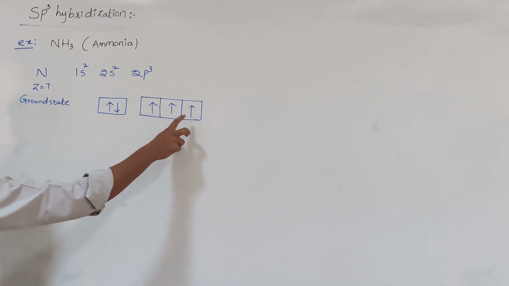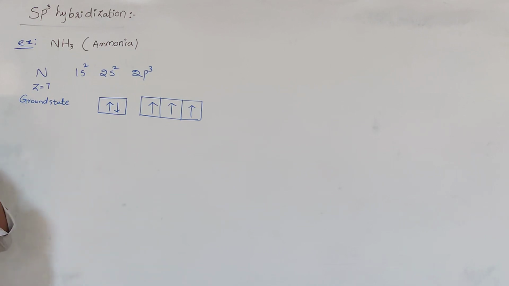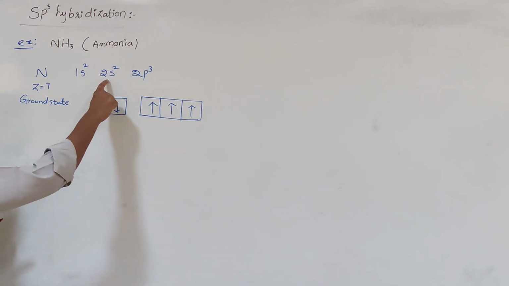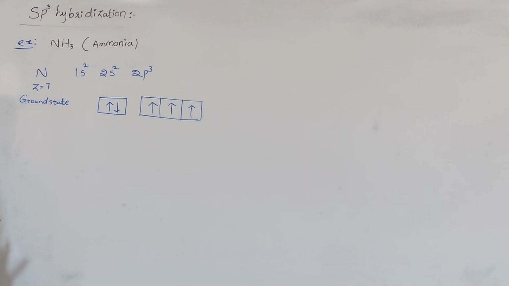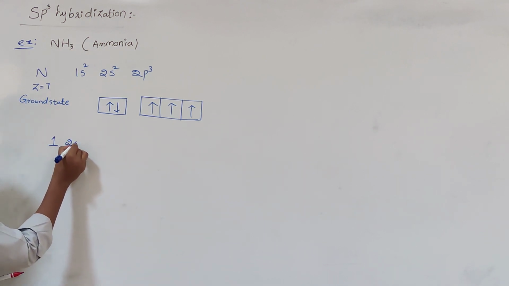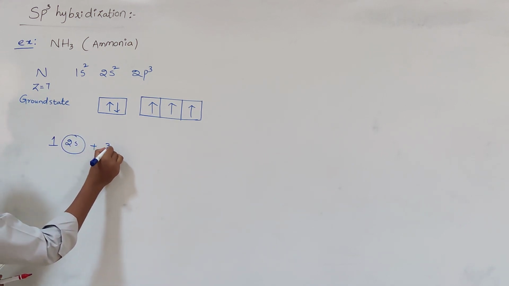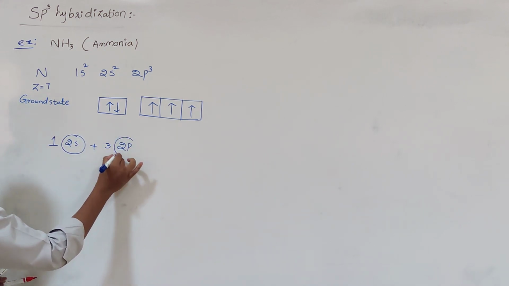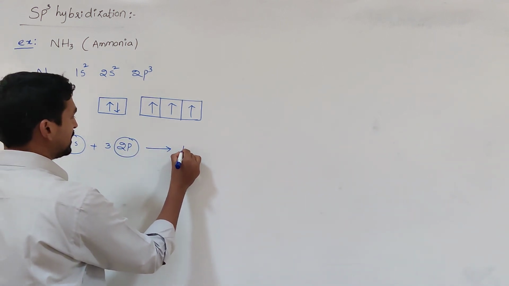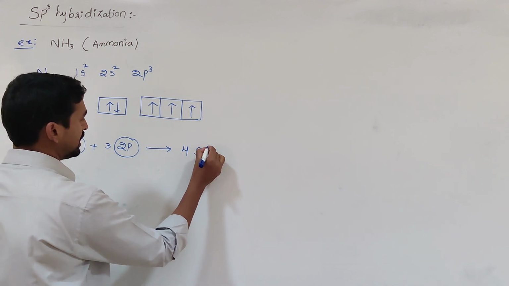The 3 electrons present in the 2p orbitals account for the trivalency of nitrogen. Now, in the ground state, which orbitals are available in the valence shell? One 2s orbital and 3 2p orbitals. These are hybridized together to form 3 plus 1, that is 4, sp3 hybrid